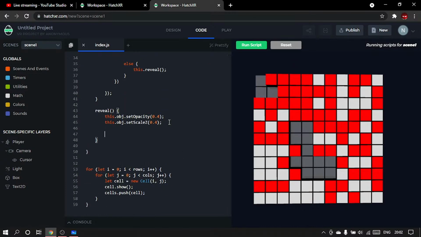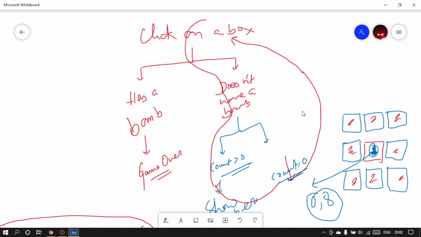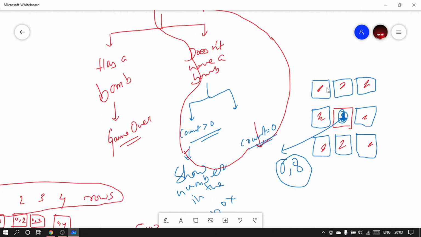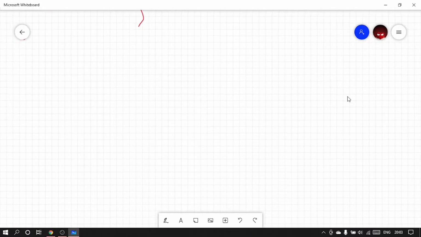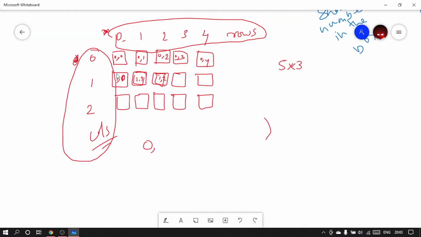So after this, what do we do after this? We are going to do something. We are going to count. So remember our activity here? Yeah. So if it does not have a bomb, we count its neighbors. How many bombs are there in the neighbors? And I want you guys to tell me this. So see, here, let's say this,